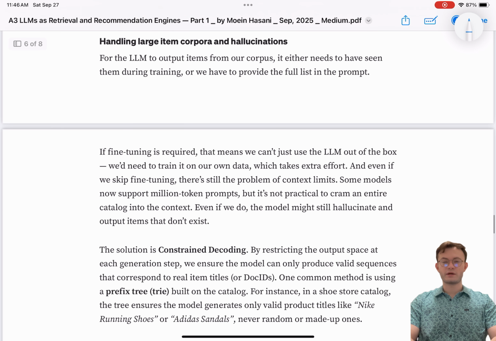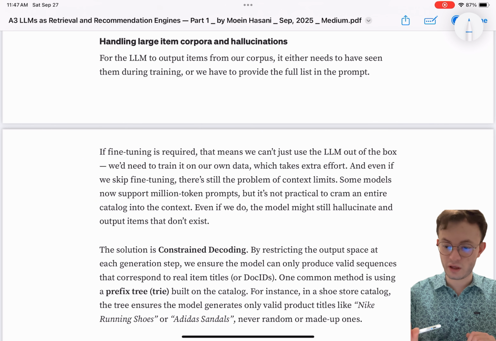Okay, so far we talked about how we can use LLMs to predict or retrieve the next item, the related items to what you want. Or you can use semantic IDs to do this. However, there is a problem that you may ask: how can the LLM have access to everything in my database? You may have a database of billions of products or trillions of URLs. You can't just pass all of this to the LLM and expect it to select from there, right?